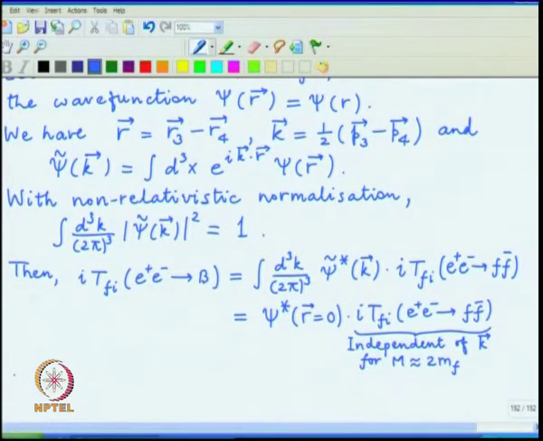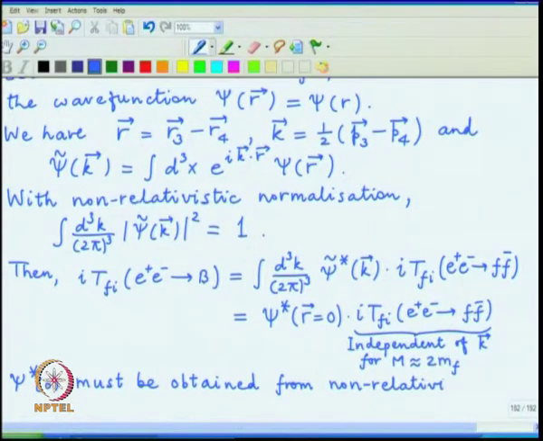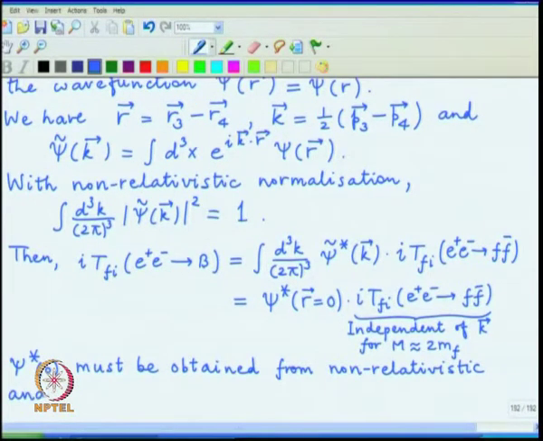So, this psi star 0 must be obtained from non-relativistic analysis of F F bar bound state,